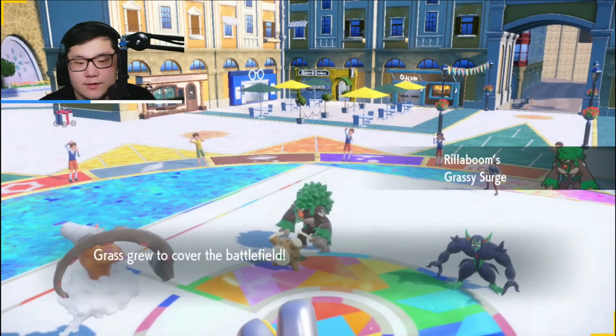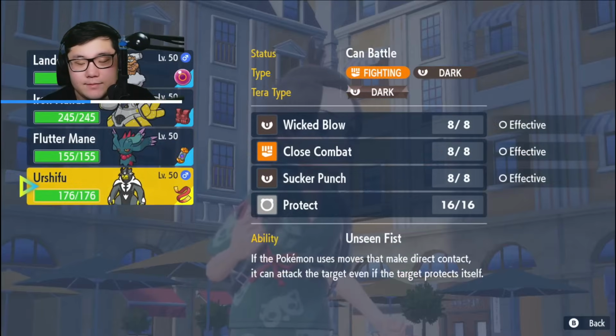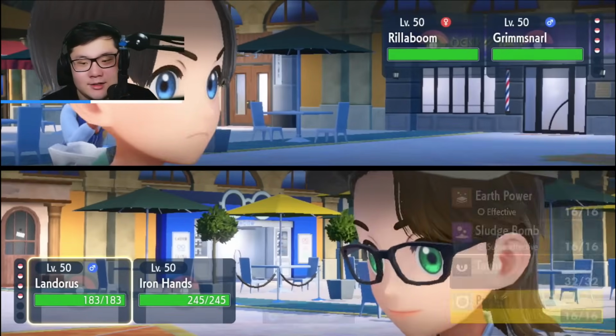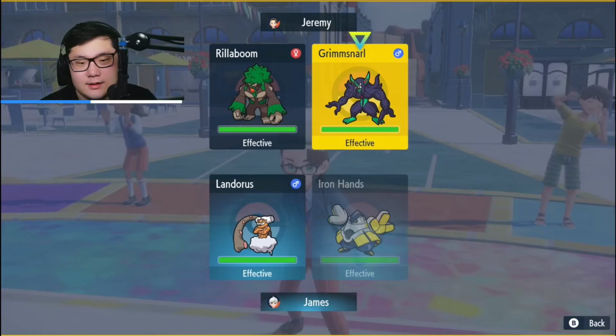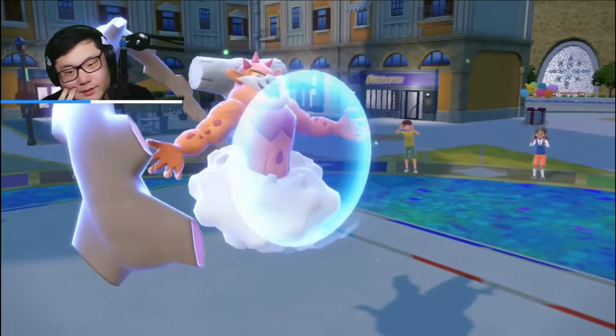Okay. They do go for it, and the Grassy Surge does activate here. Do you want to trade Fake Outs? I could go for the Tera if I really, really want to. I'm not sure if I want to. I'm just going to Protect and go for Fake Out because I don't want them getting Light Screen and Reflect. I don't know. They might...